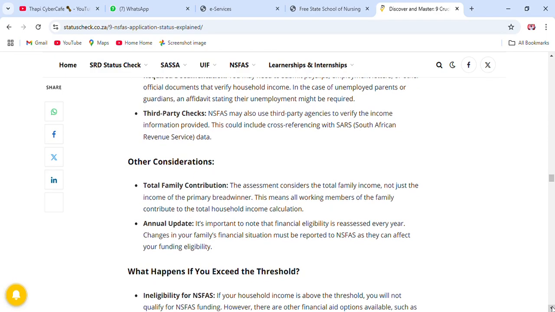Other consideration: total family contribution. The assessment considers the total family income, not just the income of the primary breadwinner. This means all working members of the family contribute to the total household income calculation. So yeah,